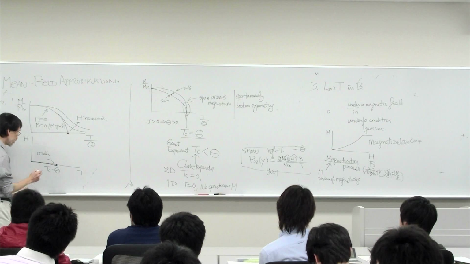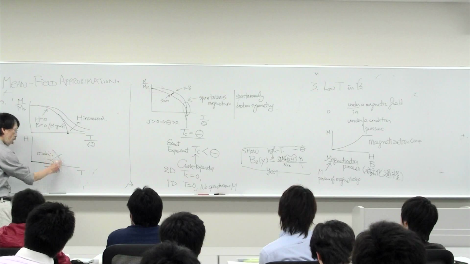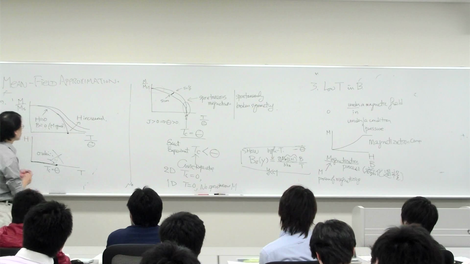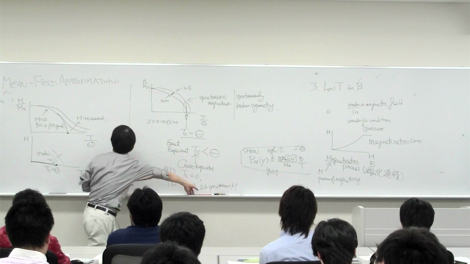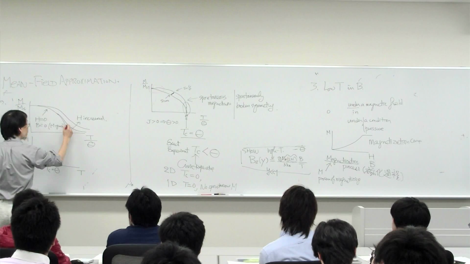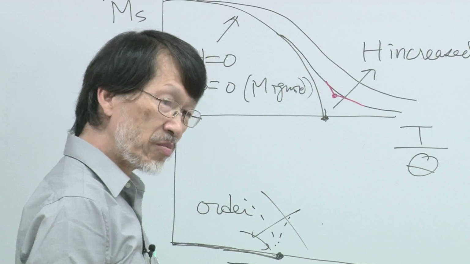But now, when you raise the magnetic field, there's no ordering temperature. There's no unique temperature. Sometimes you see a graph like this. Sometimes you see a graph like that, but that's wrong, okay? Because as you can see in this curve, there's no special point. If you see a kink, let's say, okay, then you might say, okay, this is a special point, below which